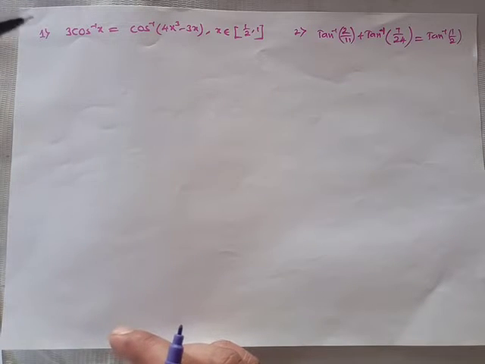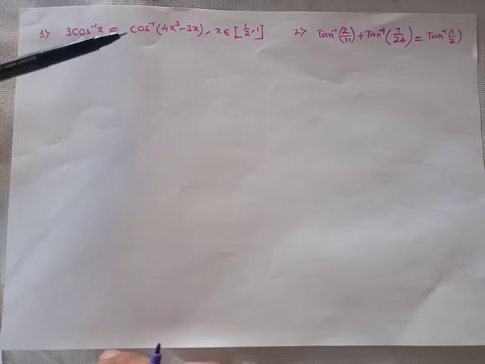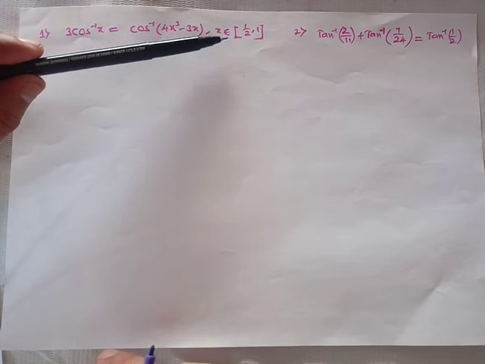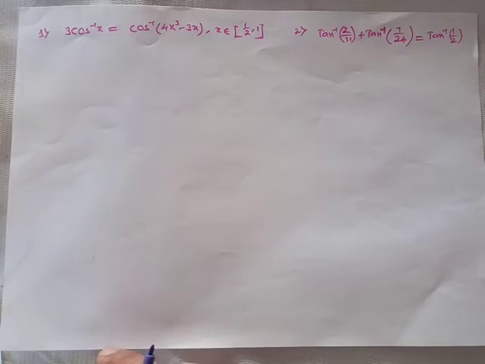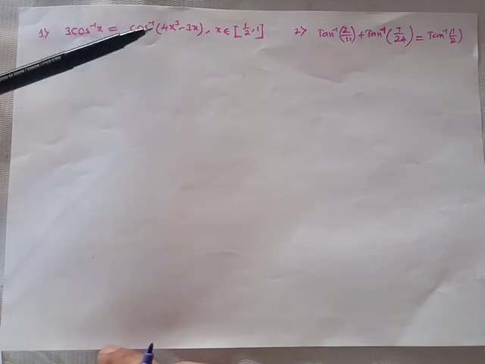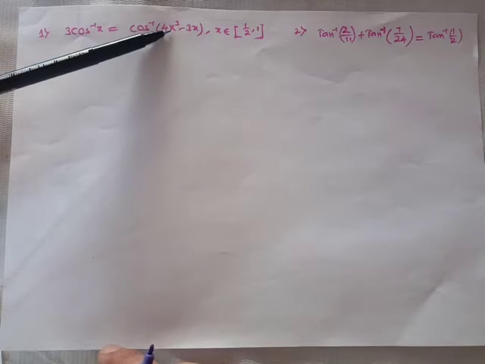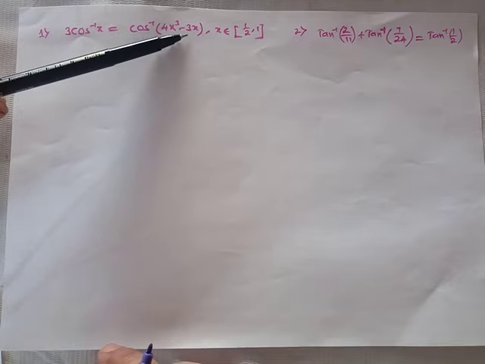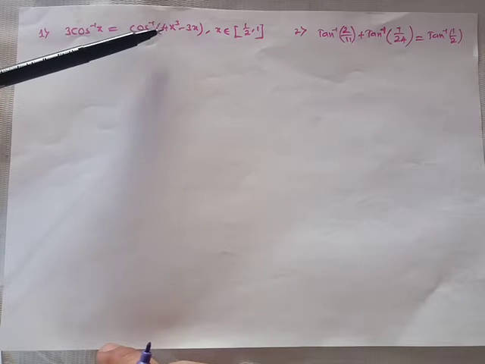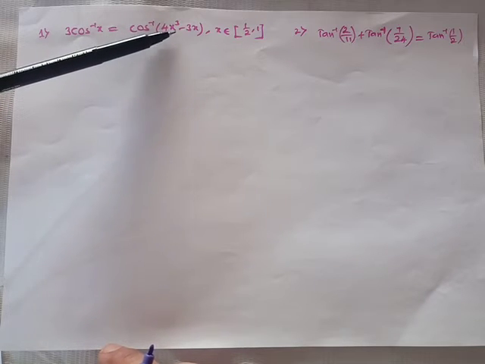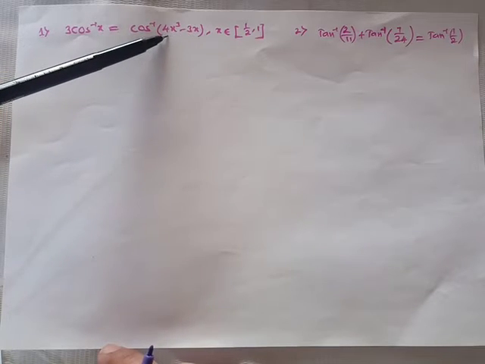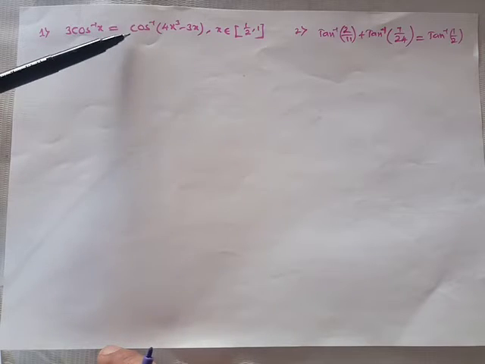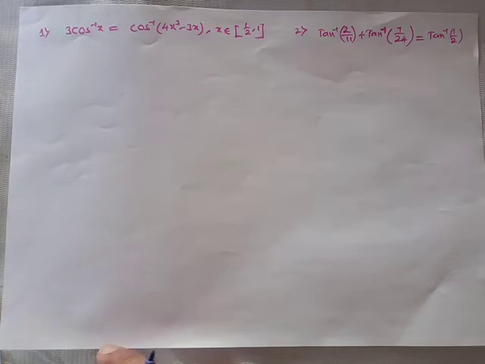Proving them: 3 cos inverse x is equal to cos inverse of 4x cube minus 3x, where x belongs to the interval 1 by 2 to 1. Here on both sides it is cos only, and in place of x we can substitute cos theta. Then it will become 4 cos cube theta minus 3 cos theta, and in total it will give cos 3 theta. So this inner function we write in terms of cos, then cos and cos inverse will cancel, and it will give the LHS value.